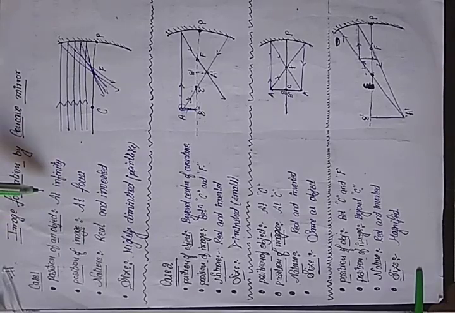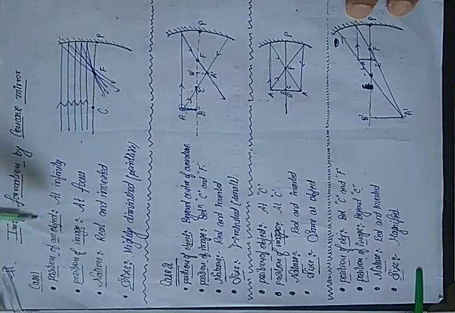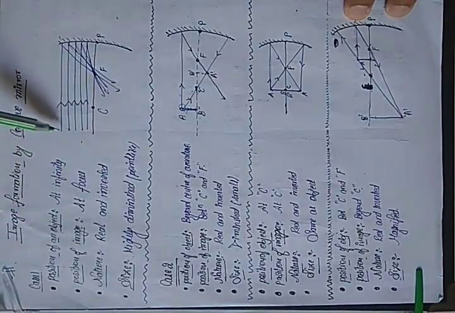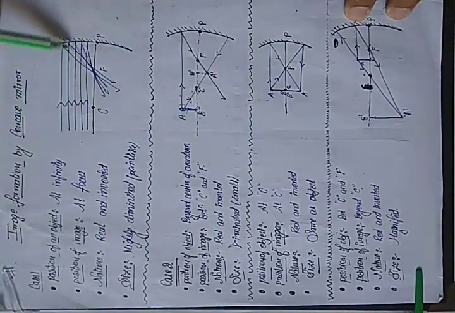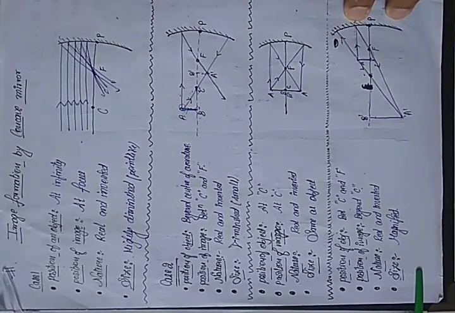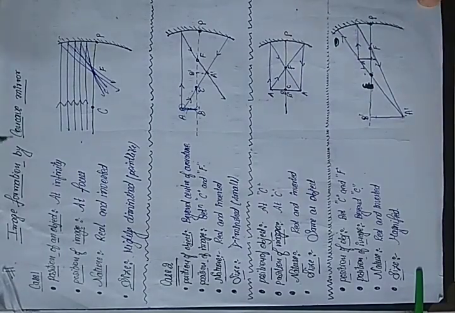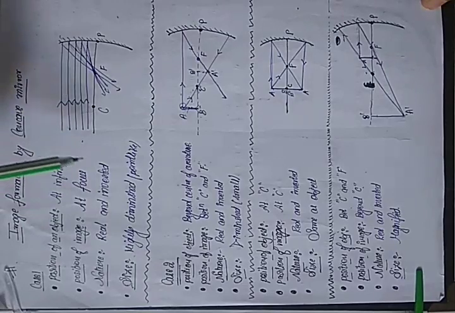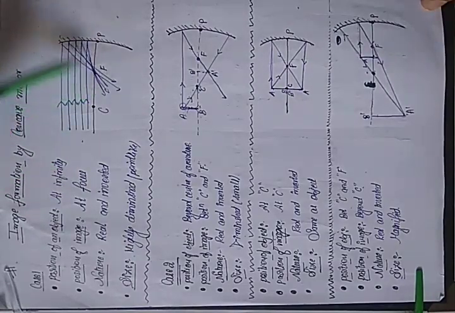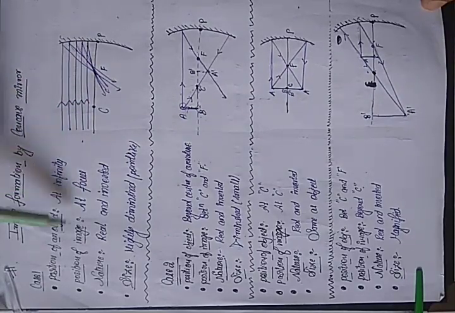As we discussed, when the object is at infinity, the light is passing parallel, and it will always pass through the focus. Rule number 1. So what is the position of the image? The image will be formed where all the reflected light will meet. See, 1, 2, 3, all are meeting at a point, the focus, so we get the image at the focus.